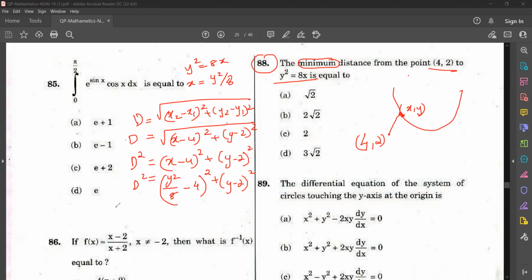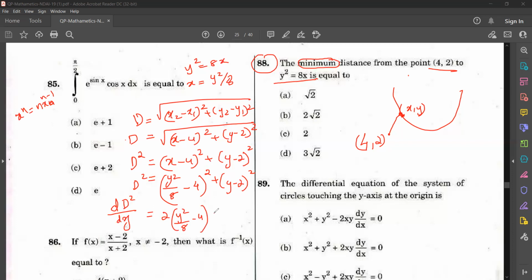Now let's do differentiation. Take the derivative on both sides, d by dy, since the variable is y now. So d by dy of d square is equal to... How will you solve this? No need of the product rule. The derivative of x raised to n is n x raised to n minus 1. So that is 2 into (y square by 8 minus 4) raised to 2 minus 1,